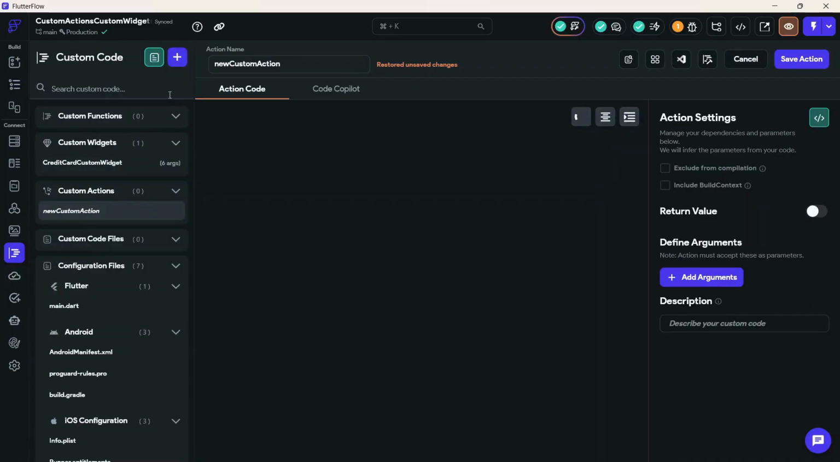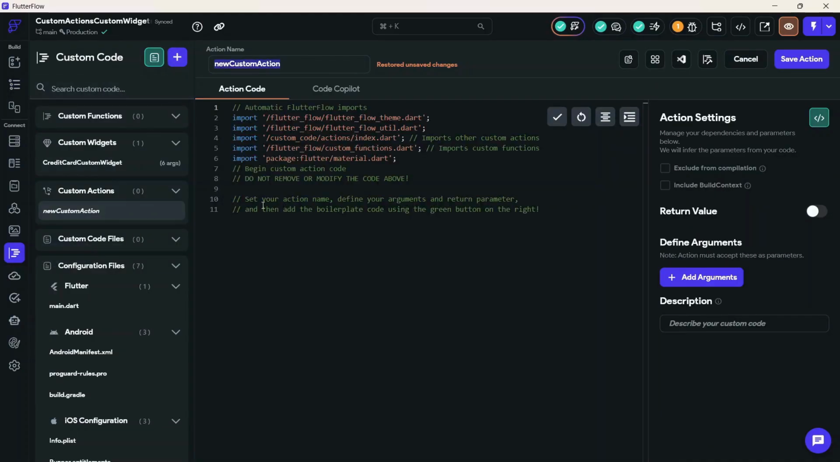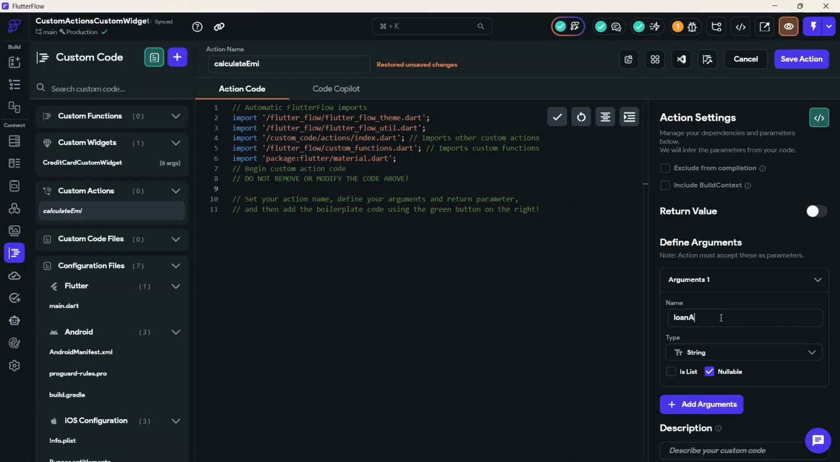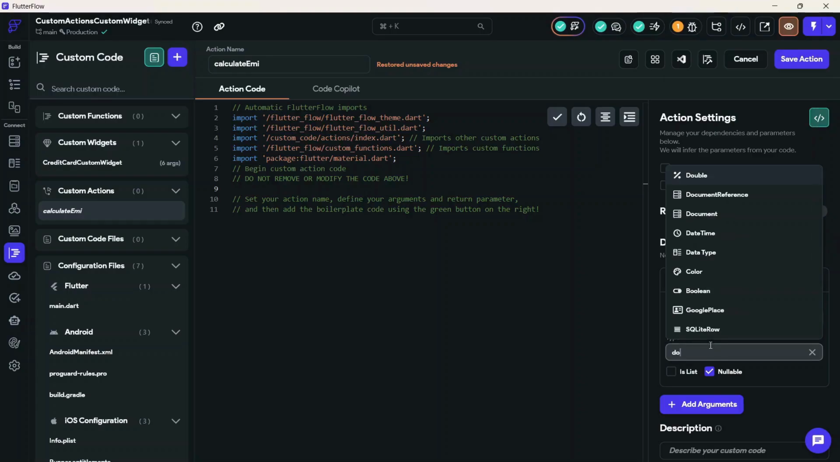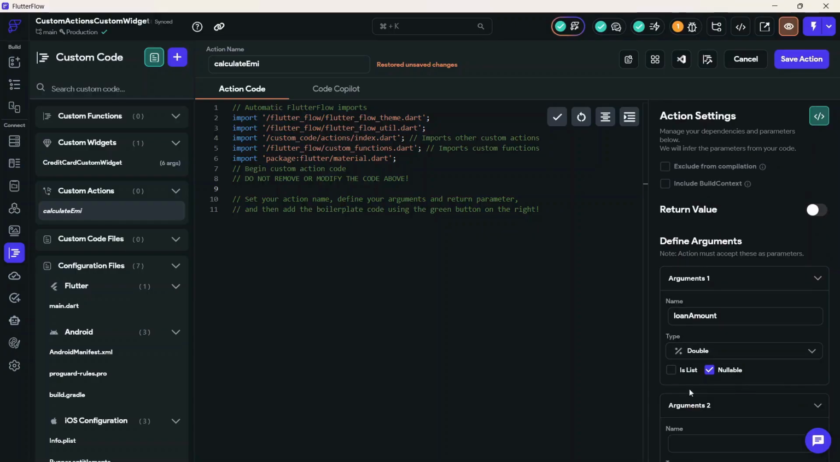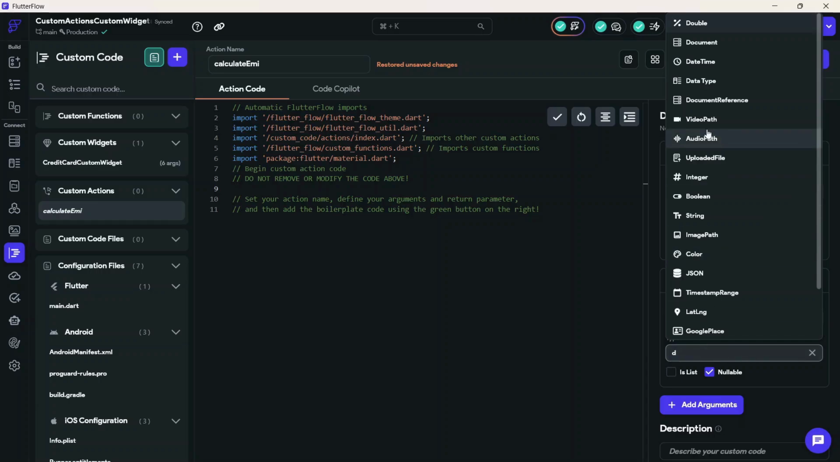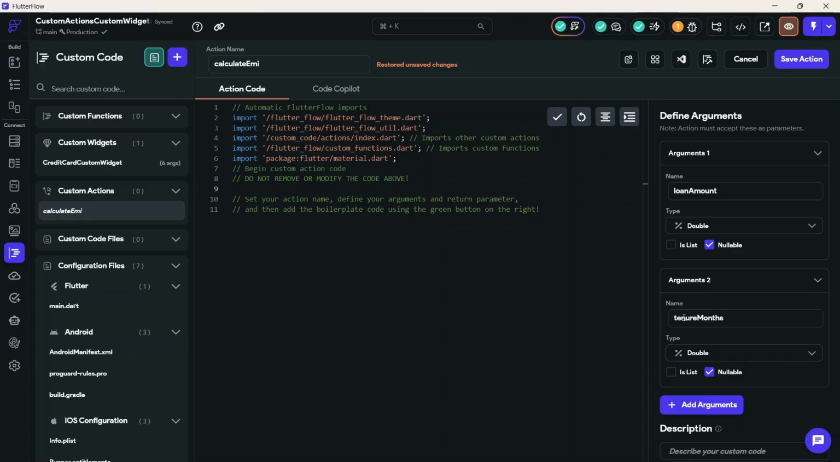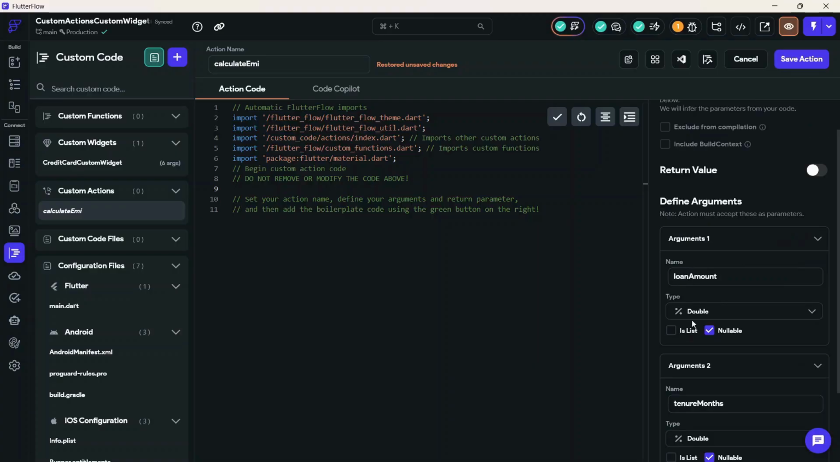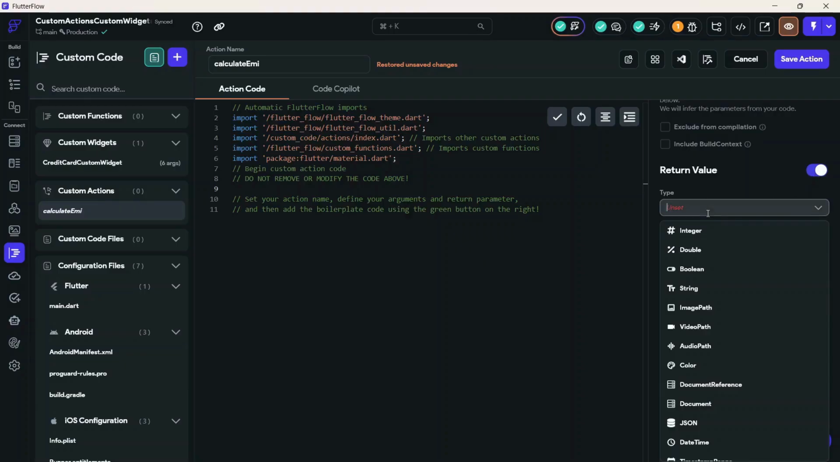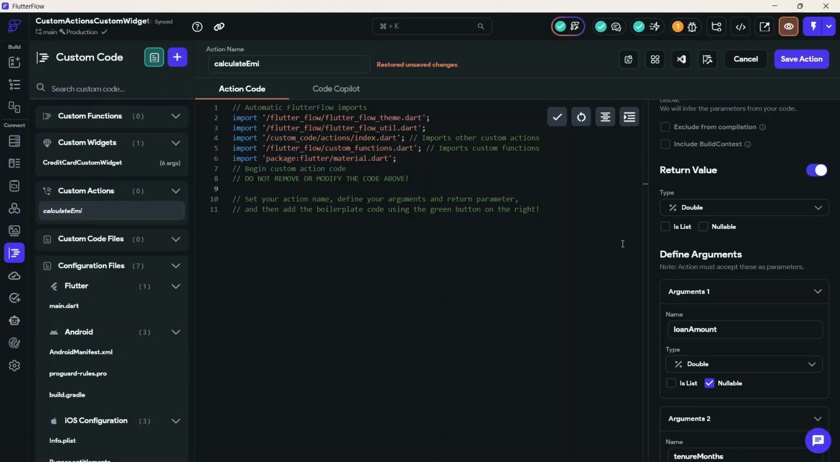So let's go ahead and create a custom action. Let's name it something like calculate EMI. Now for calculating EMI, we need two things. We need loan amount. Loan, it can be in double, and tenure month will also be in double. Why double? Since the slider values always return double values, and of course the return value would be also